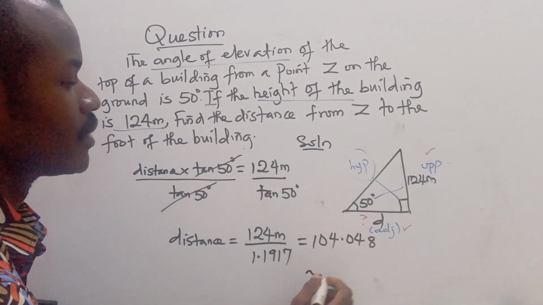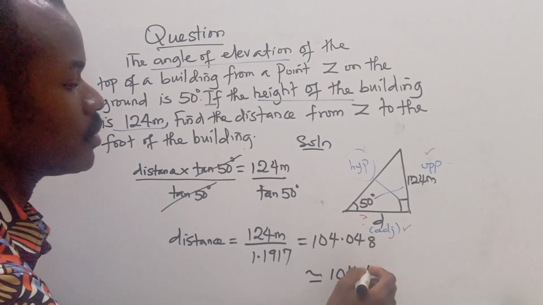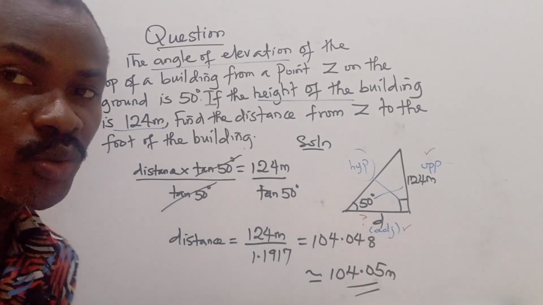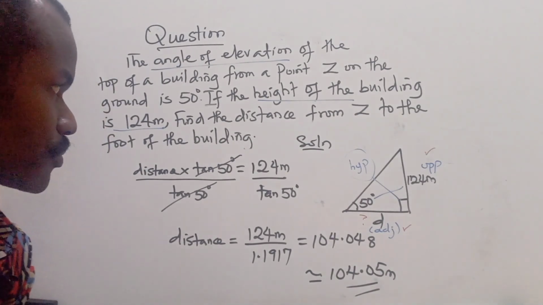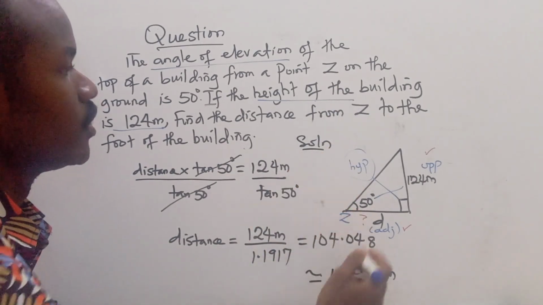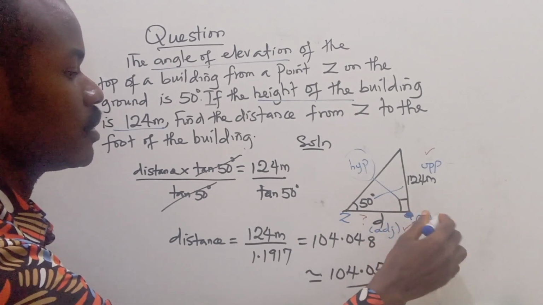If you approximate that, we're going to get 104.05 meters. So this gives us the solution to this problem. So the distance from Z, which is this point Z, to the foot of the building, this is the foot,